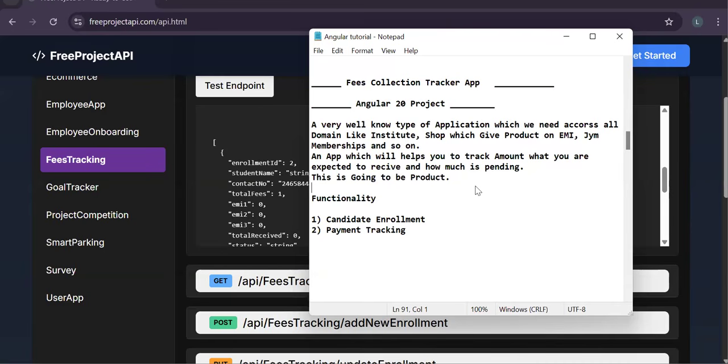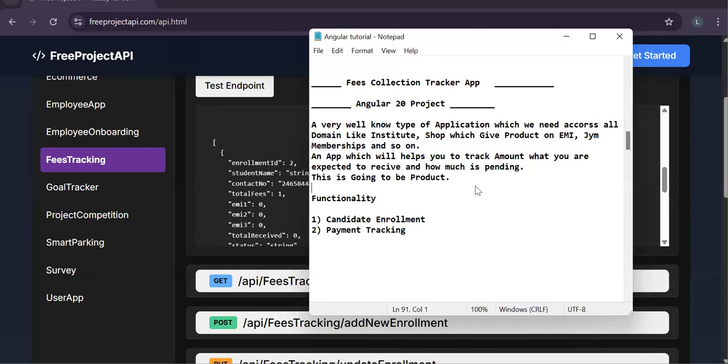Now considering the same scenario, let's consider we have a client who is running an IIT preparation institute. After 12th, students go to that institute to prepare for the entrance exam, right? So they have multiple batches going on. Some are repeater batches, like one student will register if he didn't